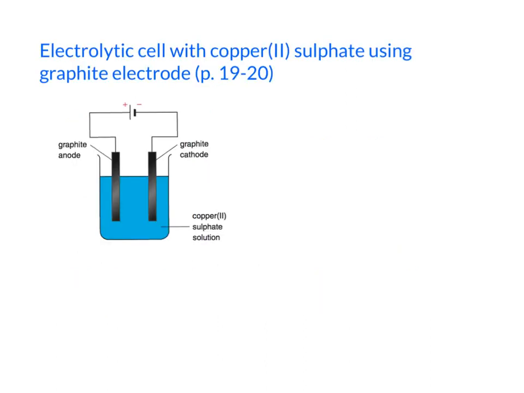Okay, so before we talk about using copper as anode, we'll have to discuss a very similar electrolytic setup first. In this setup, we also use copper(II) sulphate as an electrolyte, but this time we're using graphite electrodes. So very quickly, the very first step, you have to use